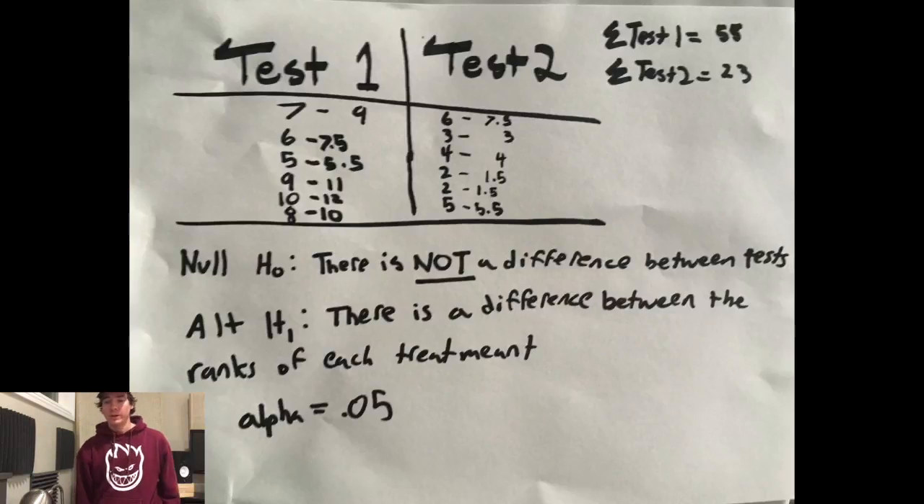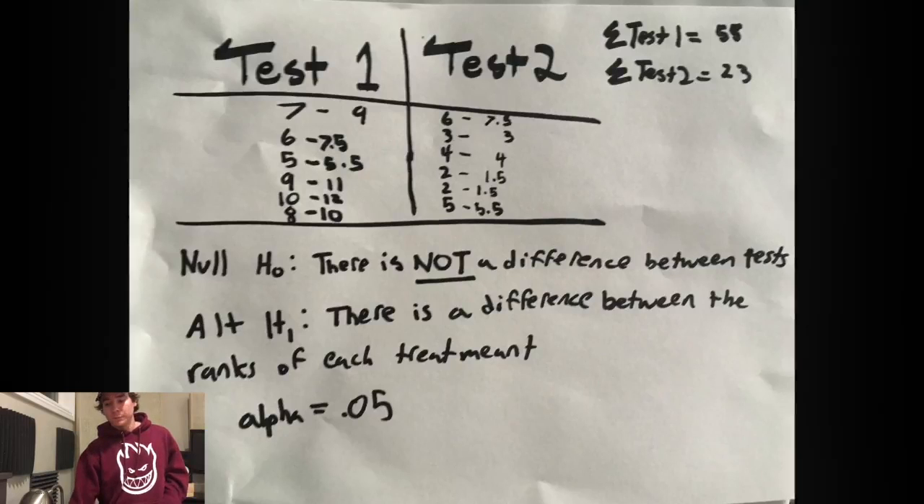After that, we are going to sum up each of the tests. We sum up the ranks from each column. As you can see, the 7 got the 9th position here, and the 6 got 7.5, and we add all of those together to get the sum of each one. Our result was that test 1 had 58,